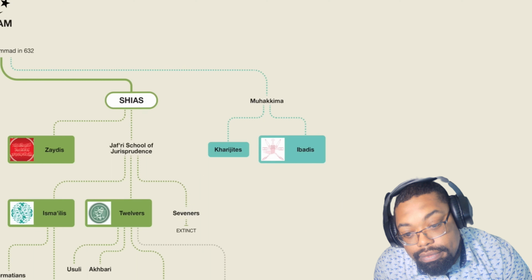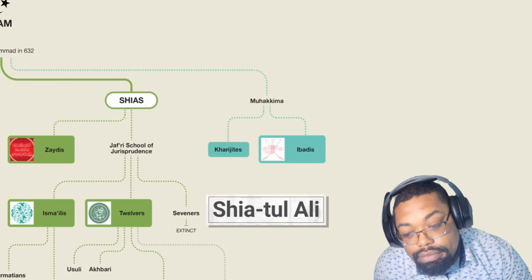They went to war and faced each other in the Battle of Siffin, where there was so much bloodshed that the two sides agreed to arbitrate instead of fighting. Some of the people on Ali's side, which by the way was called the Shiatul Ali, that's where the name Shia comes from,